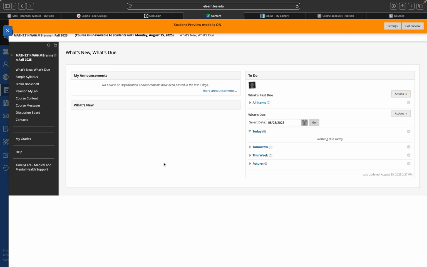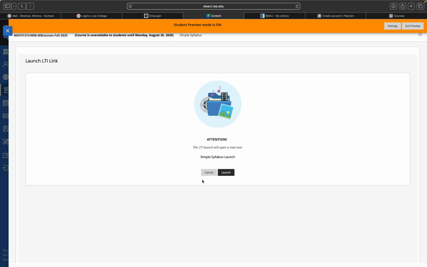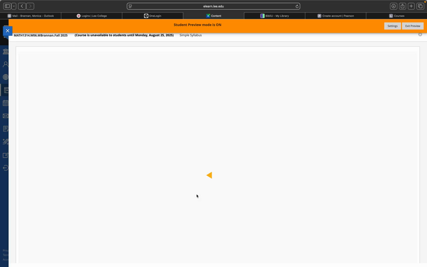And if you have any issues with accessing your Pearson account, getting that access code through BibliaU and getting over there, or accessing any of the videos in there, feel free to send me a message. Feel free to text me. That is on the, if I go to simple syllabus right here, I think it popped there. My cell number is on there.